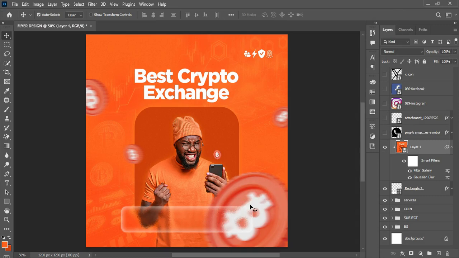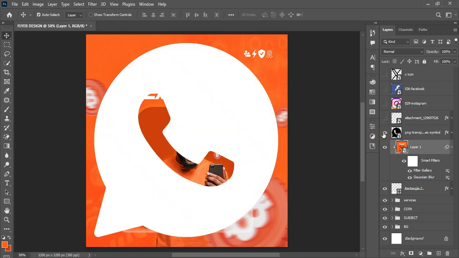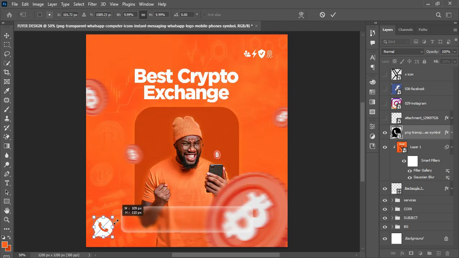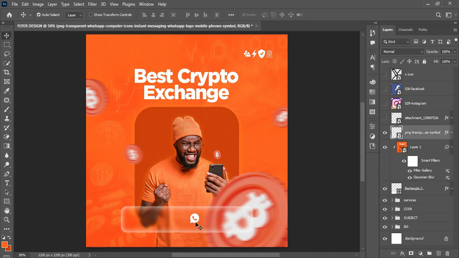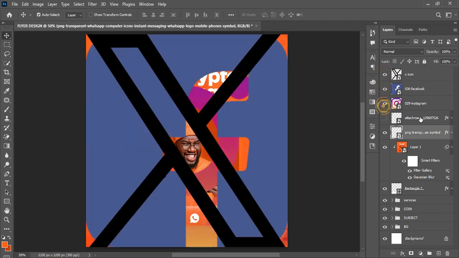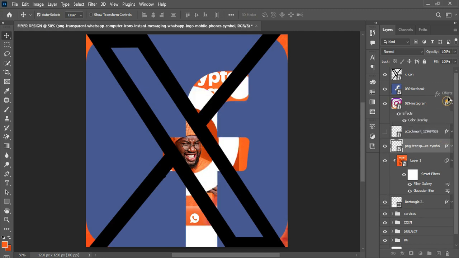Okay, so moving on, the next thing I would like to do here is to place in these icons into the rectangle. So I'll hit Ctrl T, scale this down properly and place it somewhere here like this. Okay, you can see how this is actually looking like. So moving on, the next thing I like to do is also enable these socials and apply the effects. So I hold Alt, drag the effects and apply it on each and every one of them